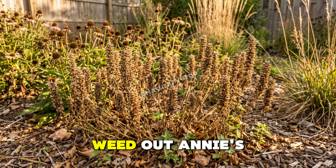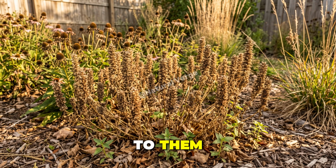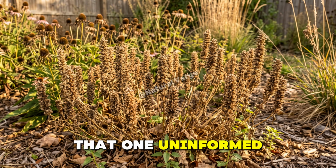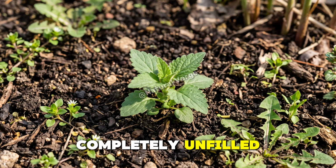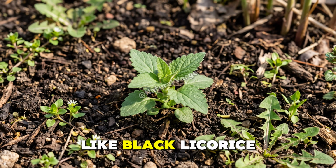Most American growers weed out anise hyssop volunteers in spring before the scent test ever occurs to them, eliminating an entire season's colony in a single weeding session. That one uninformed weeding decision resets the investment permanently and leaves the midsummer pollinator window completely unfilled for another full year. Crush a leaf before you pull it. If it smells like black licorice,